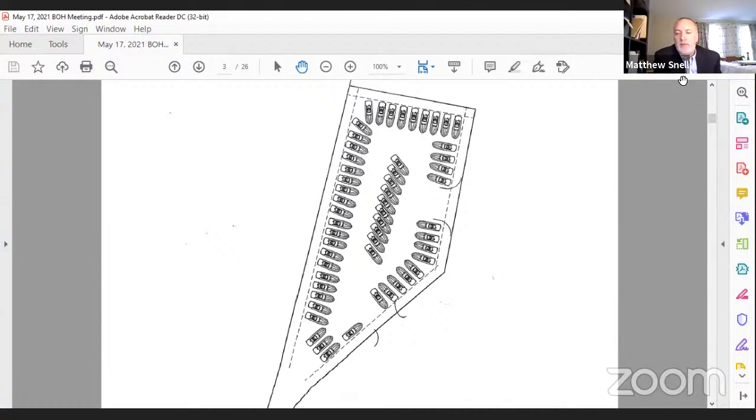If I may, this is Matt Snell again. I think the way that we were trying to describe it in the letter was meant to be that if there's water or fuel found, it'll be removed. And then if there's fuel found, the boat will be removed to figure out where that came from. I think there's just a slight difference there. Obviously, we want to remove any water that we find so there's no damage to the boat. But if there's fuel found, that would obviously also be removed. And then the boat will be taken and inspected to find the source of that fuel. I think it was a slight difference.